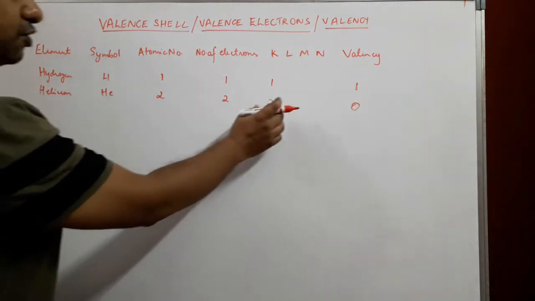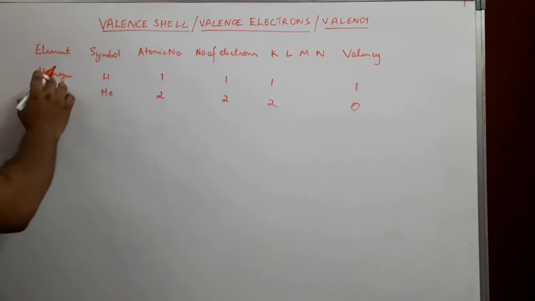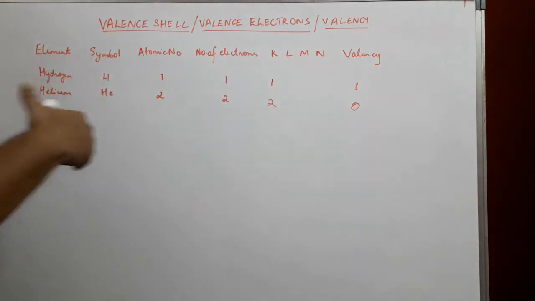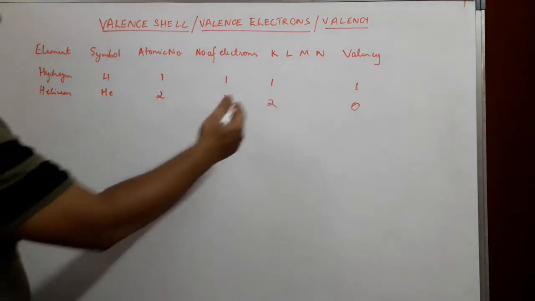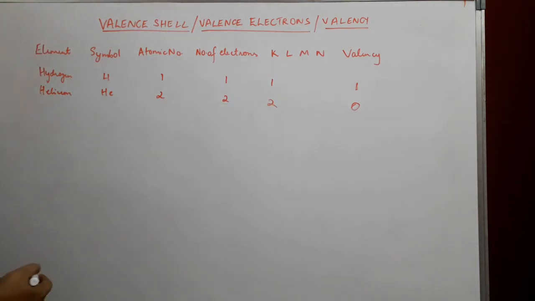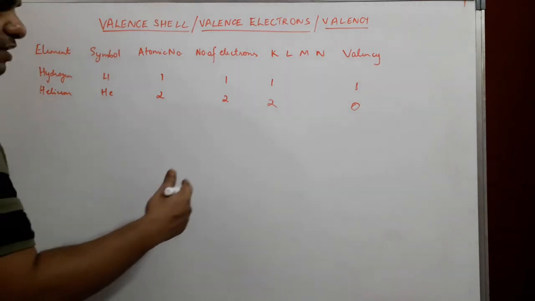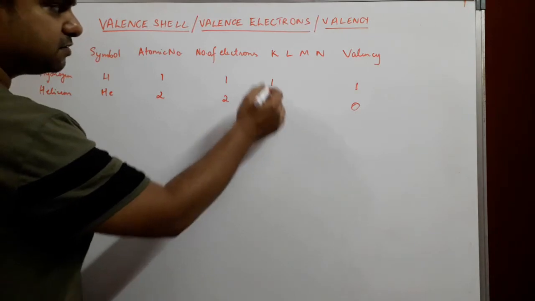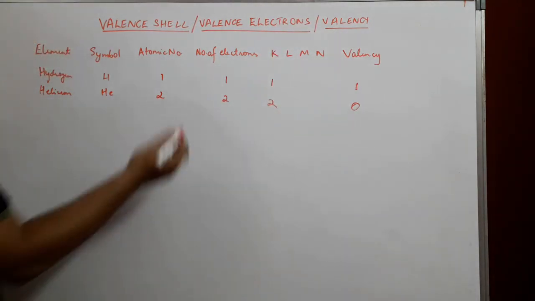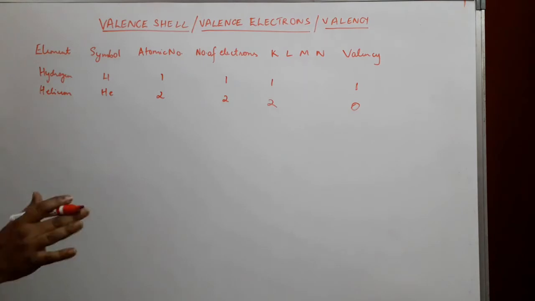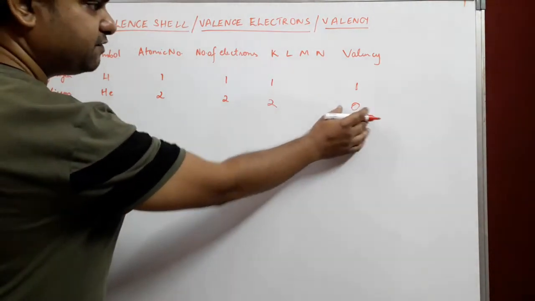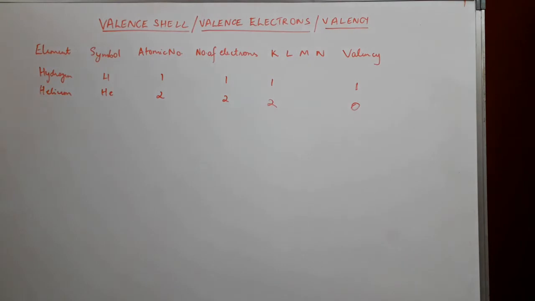Helium is a noble gas, hence we say that elements always have a tendency to attain the noble gas configuration. At the start of this video we said that every element has an urge to have 8 electrons in the outermost shell, that is, to gain noble configuration or to gain that stability. But over here the space available is only for 2 electrons and both are occupied, fully satisfied. So it doesn't need any more. Hence the valency over here is 0. Next we will go to lithium.